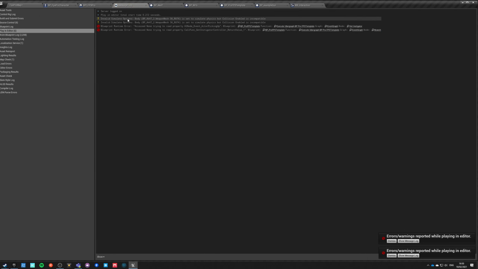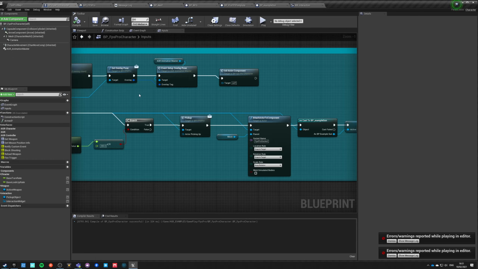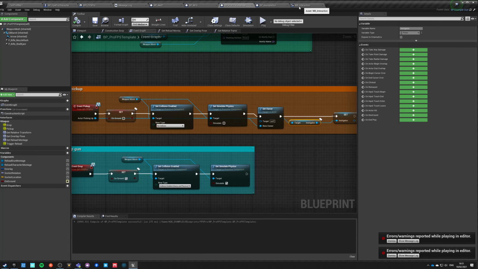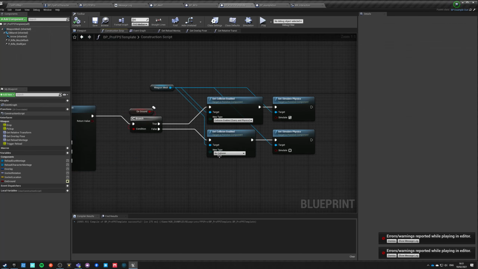Okay, what's broken? Let's go back here to our weapon. And let's go into construction script. So set simulate physics has to be after set collision, so this is fine.